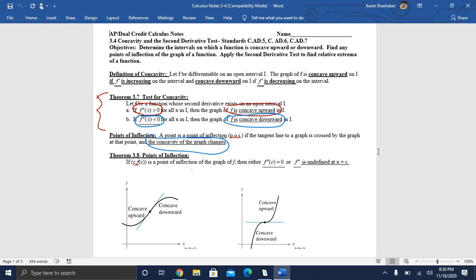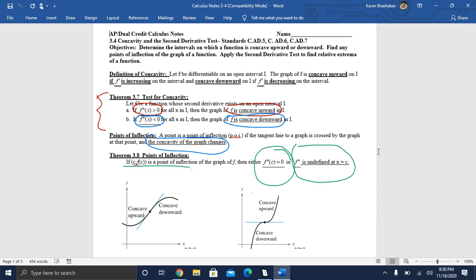And so points of inflection will be found much like how critical numbers are found. You will take your second derivative, not the first one, but the second derivative, and set that equal to 0, or look for where that second derivative is undefined. And then those are possible points of inflection for the graph. So I wanted to do just an introductory